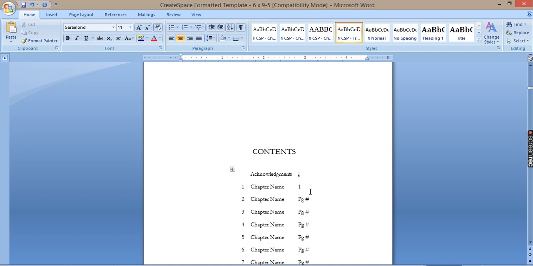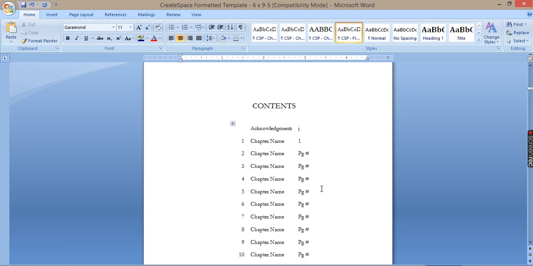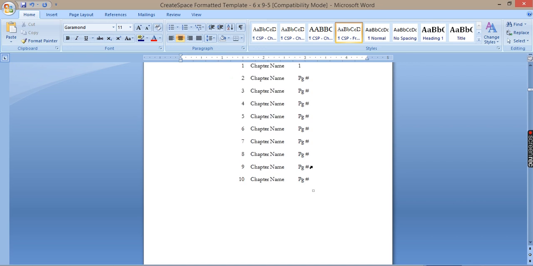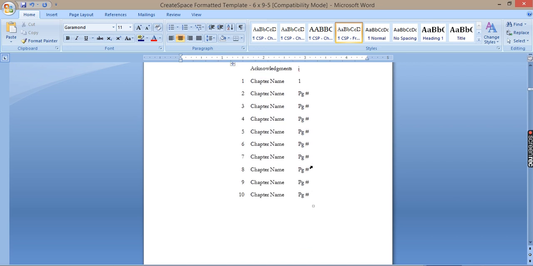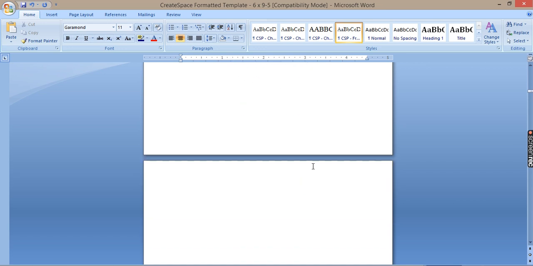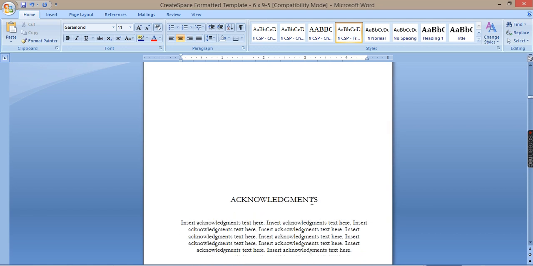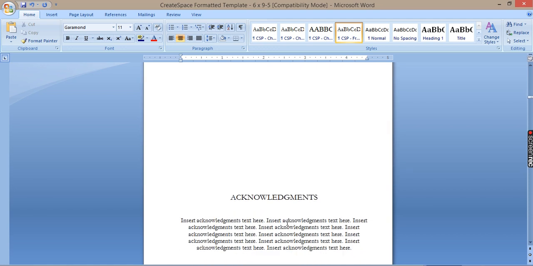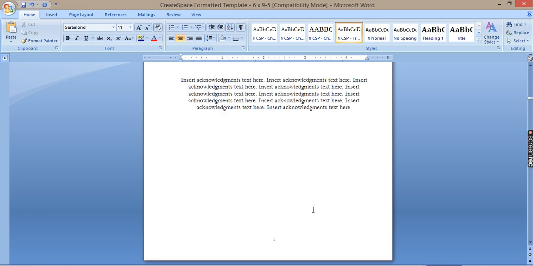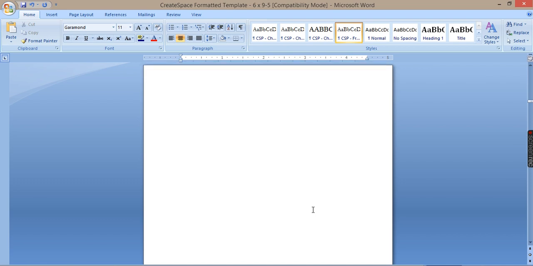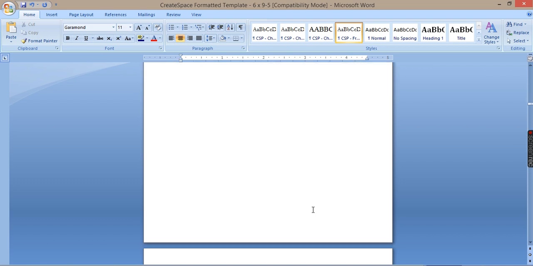But it's just a template you can use so that you don't have to go through all of the stress of creating your own templates. Though if you can create your own original template, it's a good one, but then that's going to take some work, and we're not learning that here.